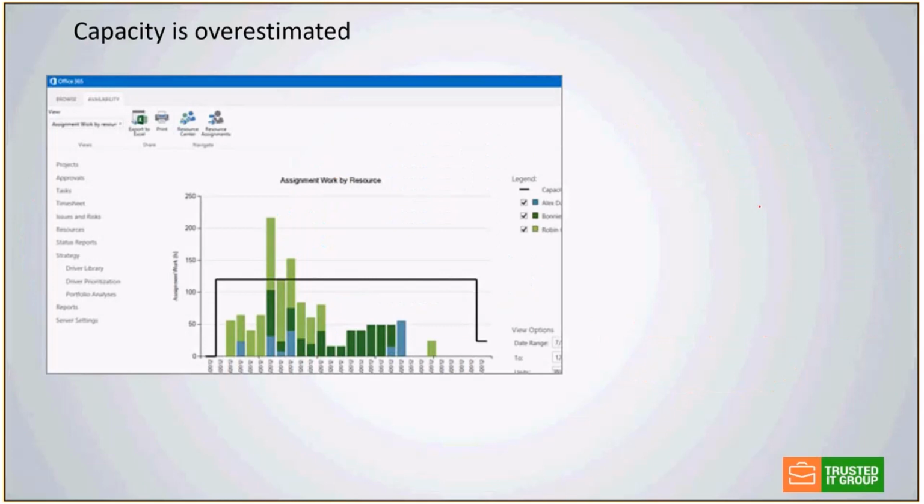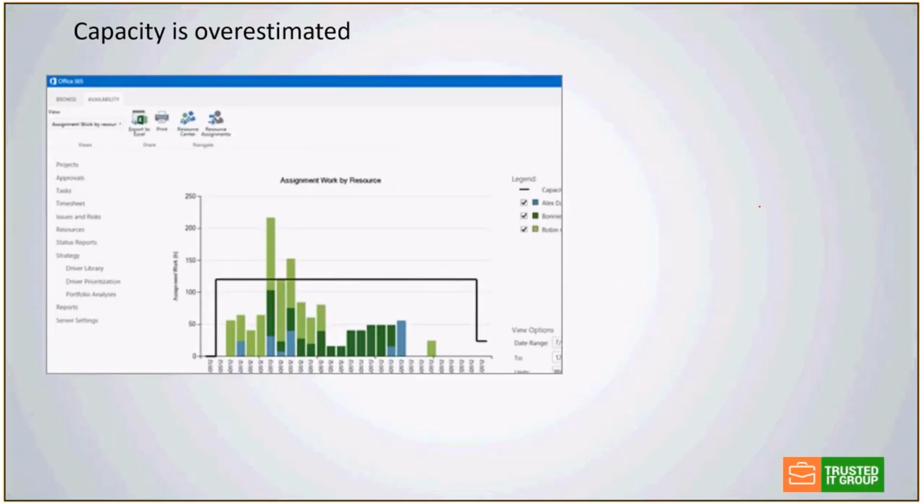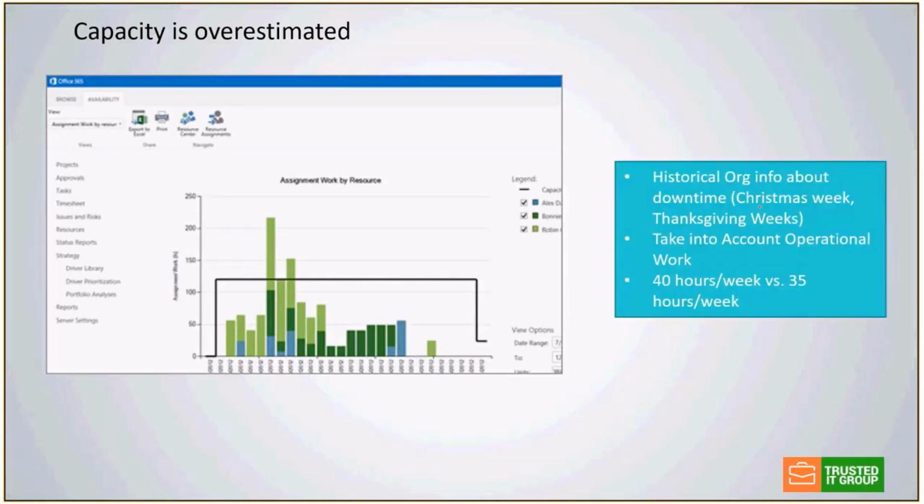Anyway, let's just move through the others a little bit quicker, and we can have a little bit more of some of the clicking and demoing of these features here on the MS Project. Capacity is overestimated. Here's basically the information about the capacity and the different calendars, and we're looking at taking into account some of the organizational